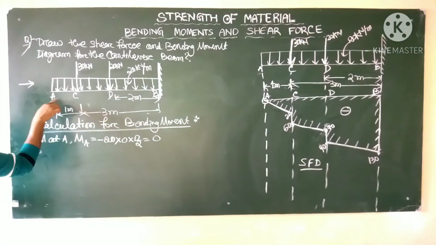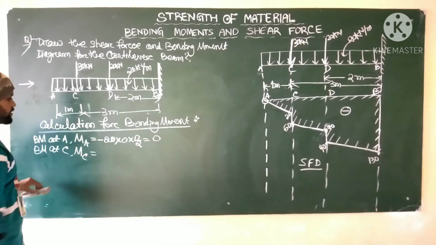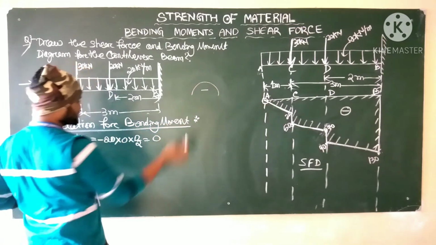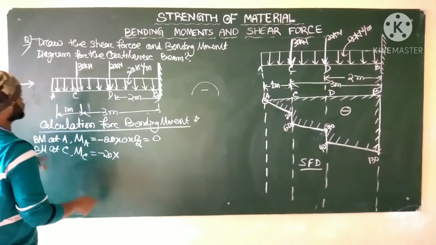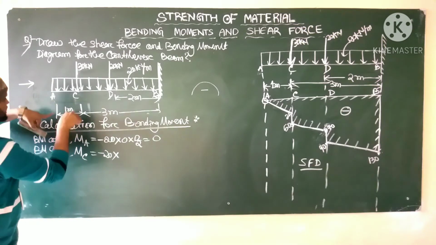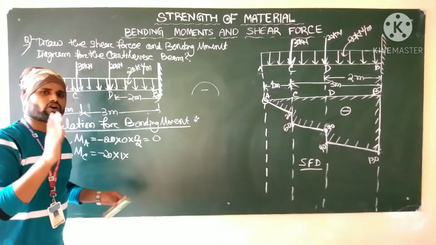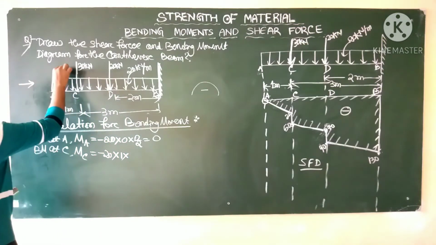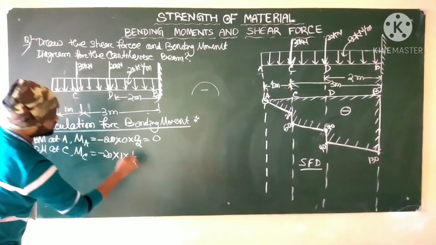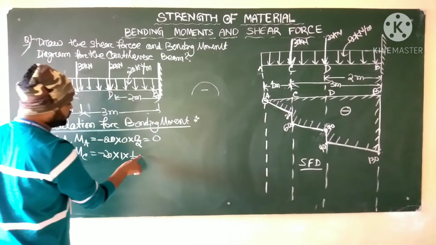Next, after A, C comes. So bending moment at C, that is M_C equal to. Similarly, due to the UDL, the beam bends like this, that means negative. So minus 20 into. From A to C, there is a UDL. The distance is 1 meter, so 1 into. We already know that we always consider the UDL to be at its midpoint. From the midpoint to C, how much is the distance? 1 by 2. The total is 1, so half is the distance. Minus 20 into 1 into half.